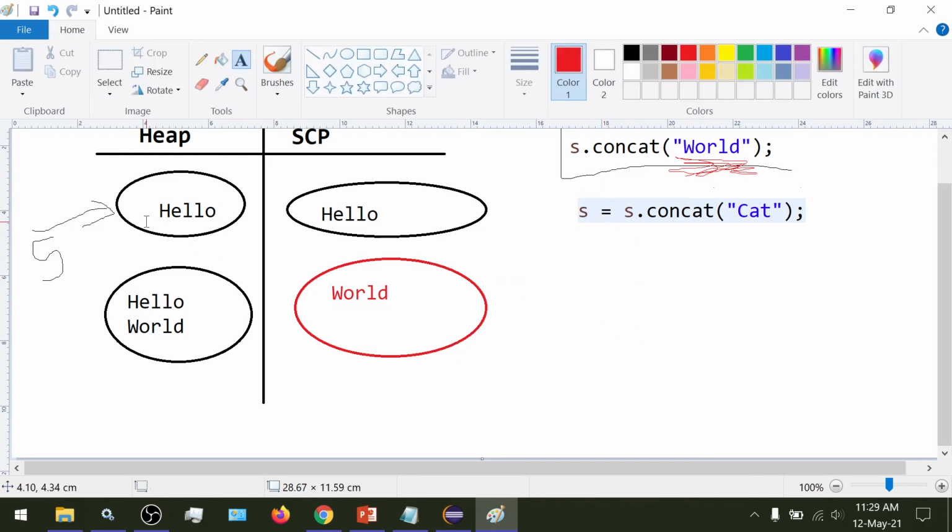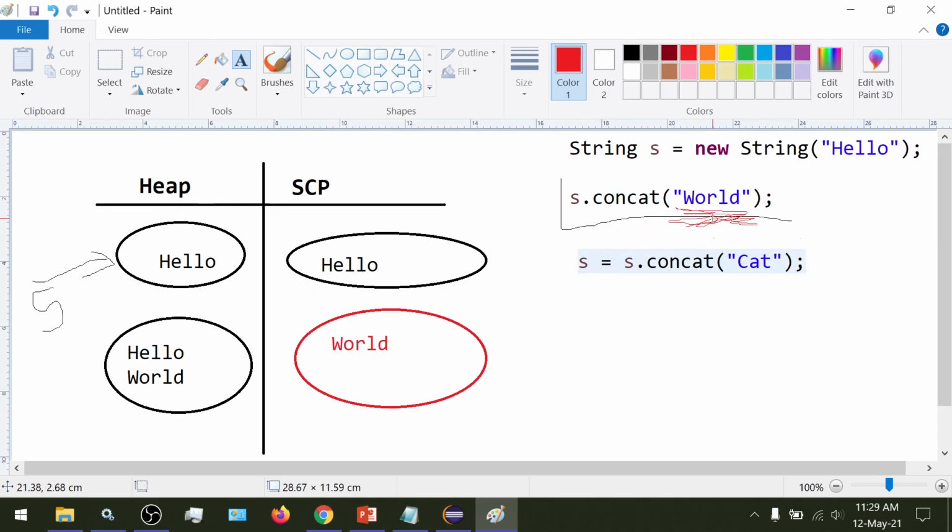Till now, in total we have four objects, two inside heap and two inside SCP. Then moving on to the last line, s equals s.concat("cat").